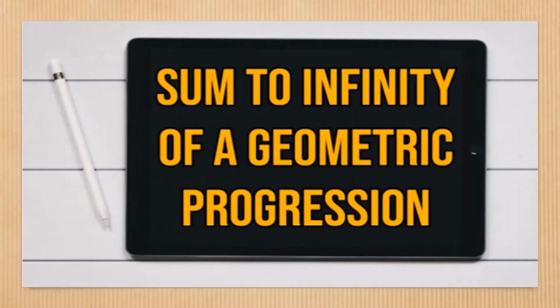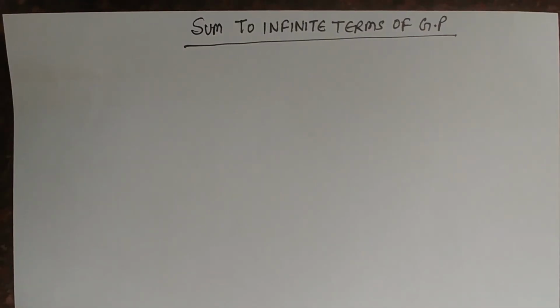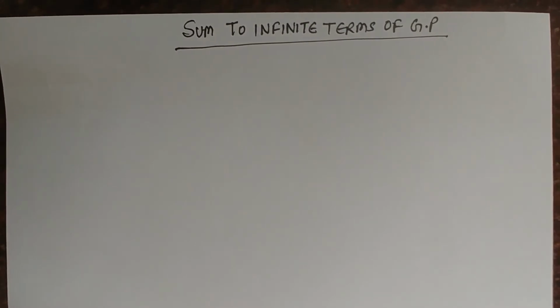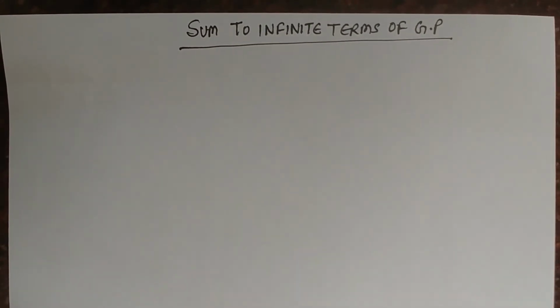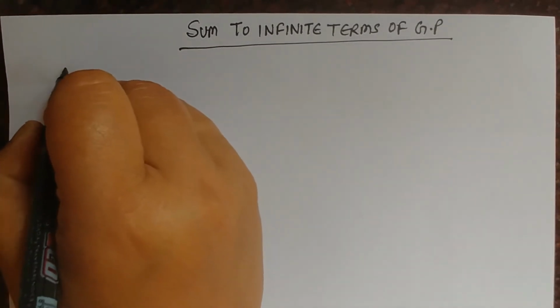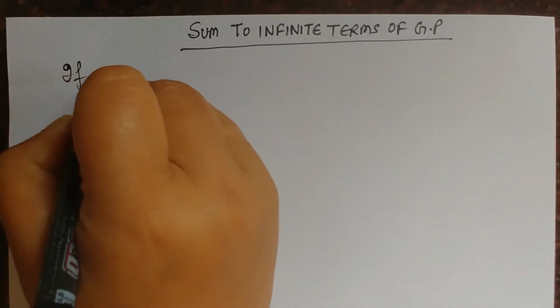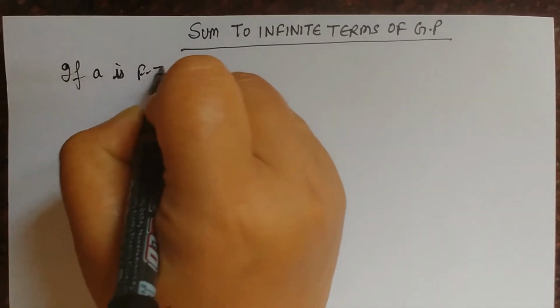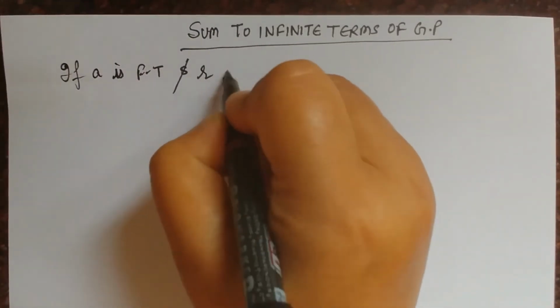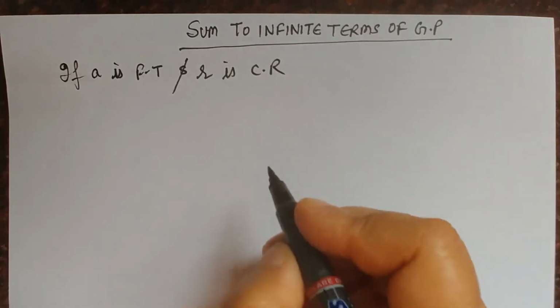First of all, we need to understand what is the sum to infinity of a geometric progression. So let us derive the formula for the sum to infinite terms of a GP. And again we'll start with the sum to n terms of a GP. So you know that if a is the first term and r is the common ratio, then